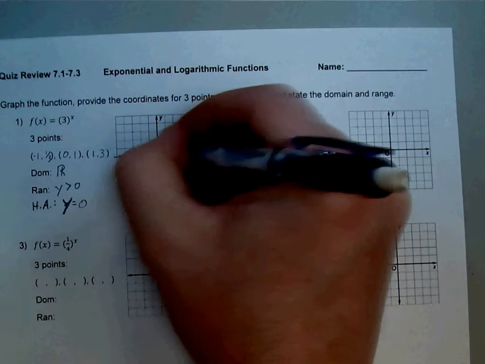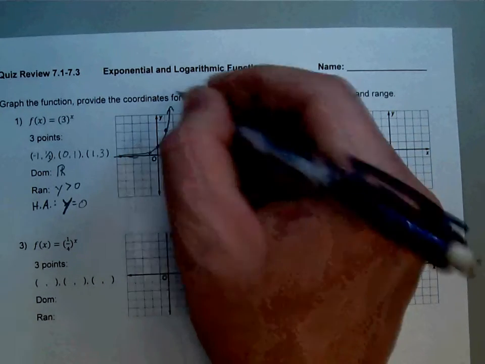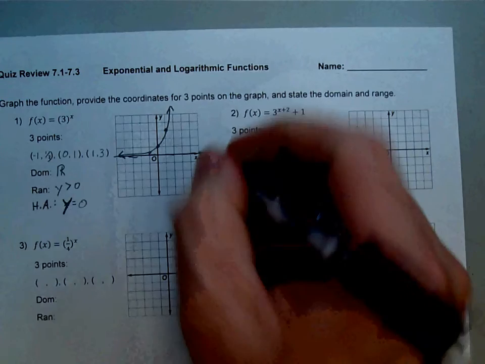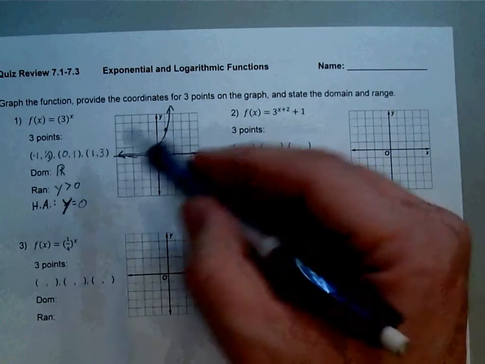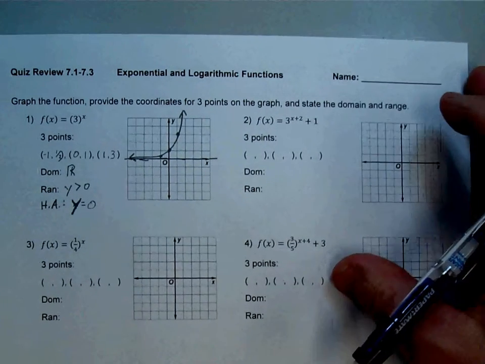And so connect the points. On the left side, it's traveling next to or along with the asymptote. On the right side, it's traveling up. Number 2,